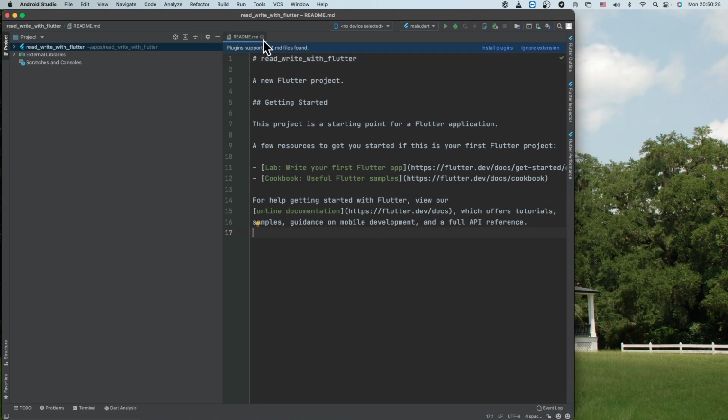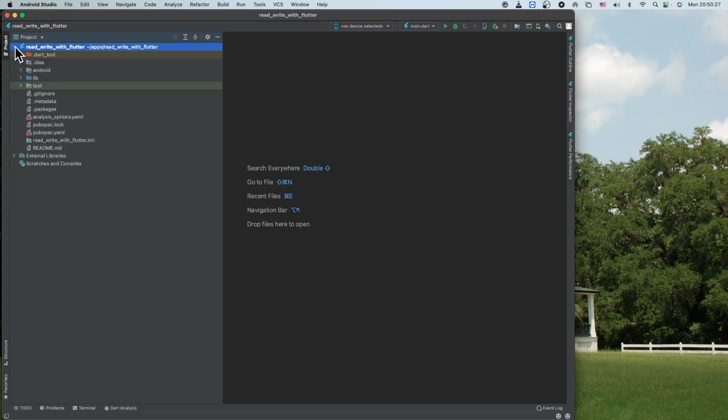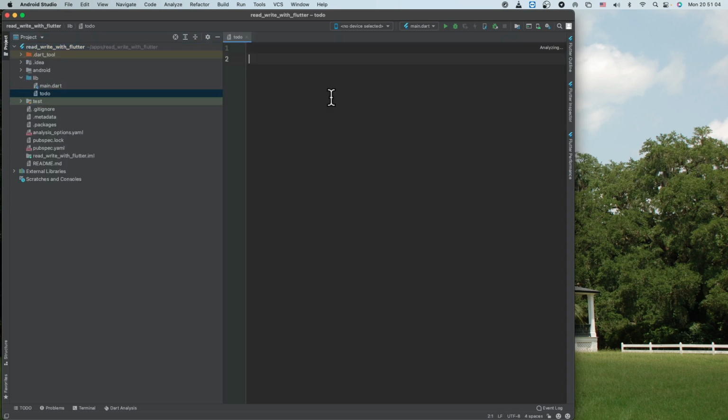So what we are going to learn today is how to write to a file, then read from a file. And why do we want to do read and write? Because we want our data to be persistent within the app, so that once our app is closed and we relaunch the app, our data still exists.